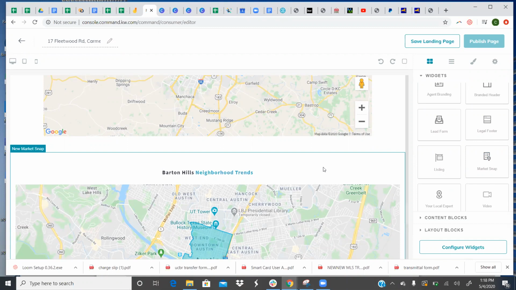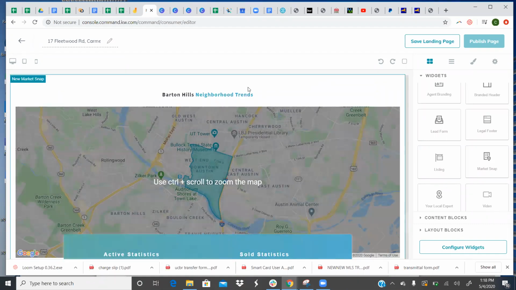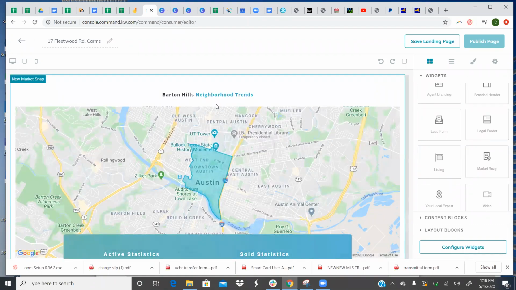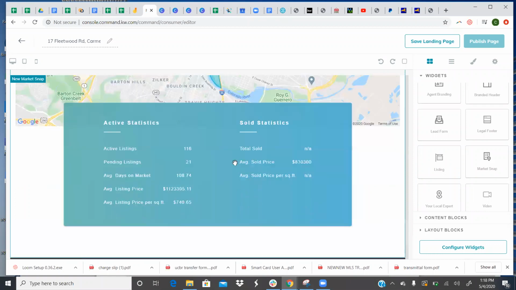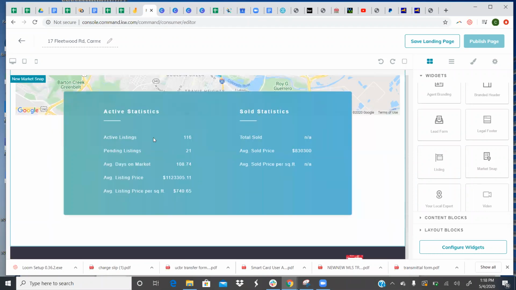You can also use this same landing page site for a virtual walkthrough, right? For a one-on-one, that makes sense because it is in depth and oriented towards you as the agent walking the client through the listing. And that may include, obviously, if they're not familiar with the neighborhood, walking them through the neighborhood. So you may want to have that neighborhood snap with what the active listings are, what the pending listings are, the days on market, to help navigate for a buyer